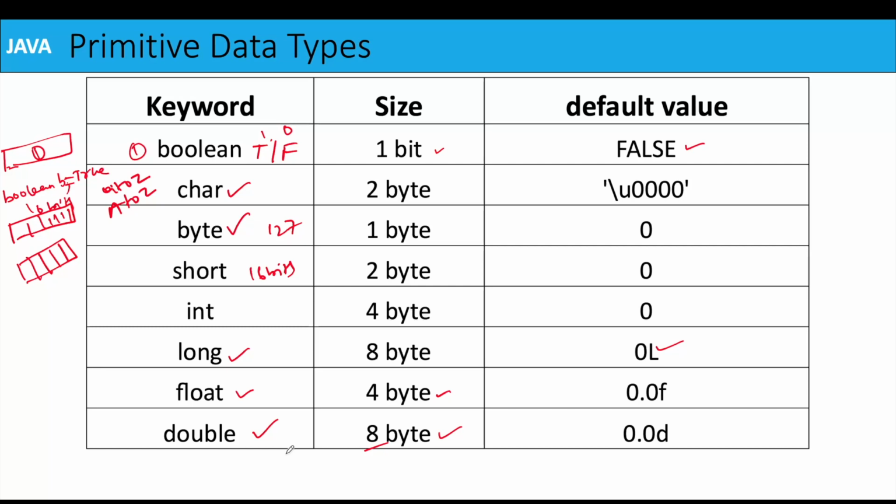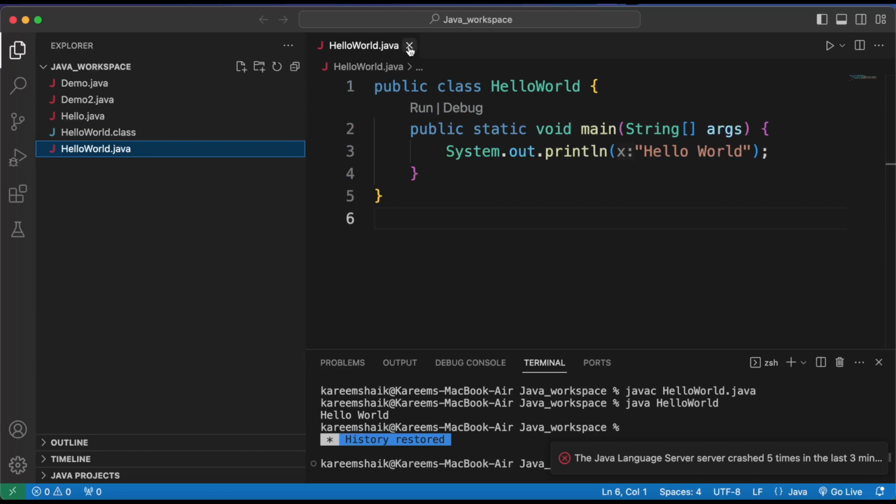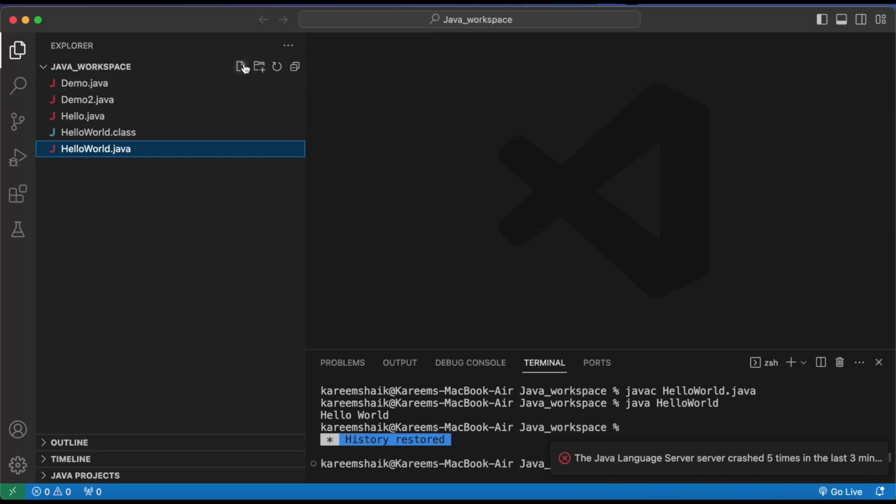Okay, so let us see a simple program of how to create different variables in Java, and then we will print those variables in the same program, right? Let us go to Visual Studio Code, and from there we will write a simple program. Okay, so we'll come back here. In the last class we executed a hello world program. Let us create a simple program, and I will name it